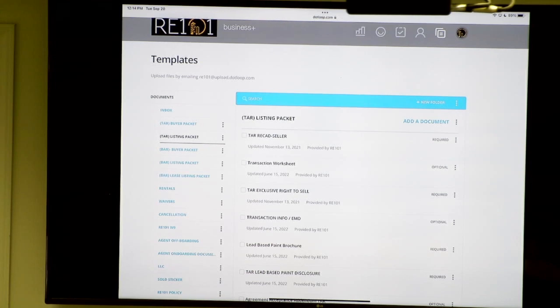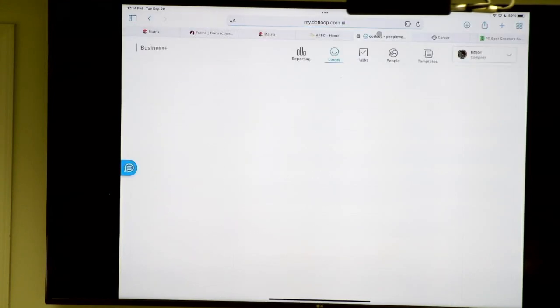So I'm going to start generically, and I'm going to be a little sensitive to the new agents, who are not as familiar with dot loop as the rest of us. So again, we're creating a loop. We create a loop here,